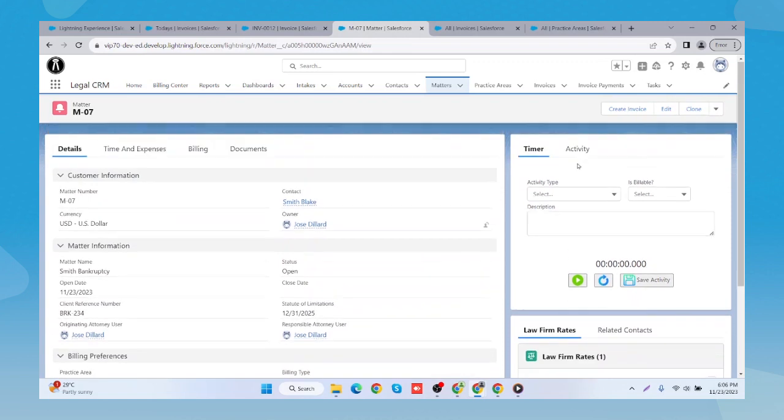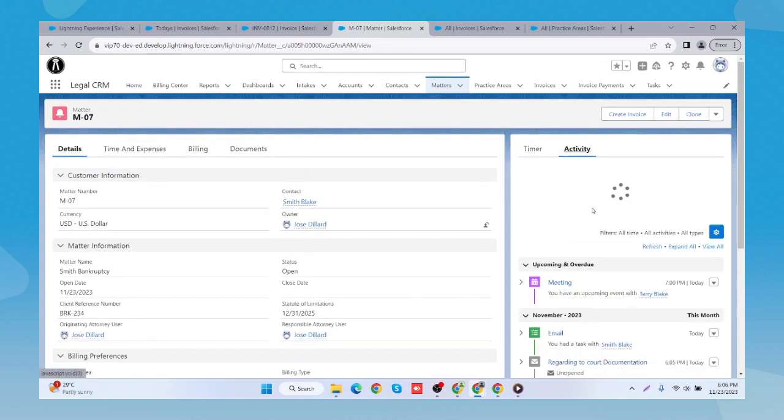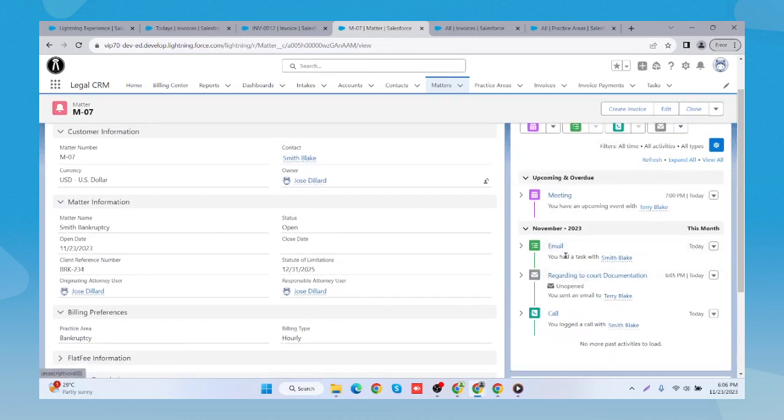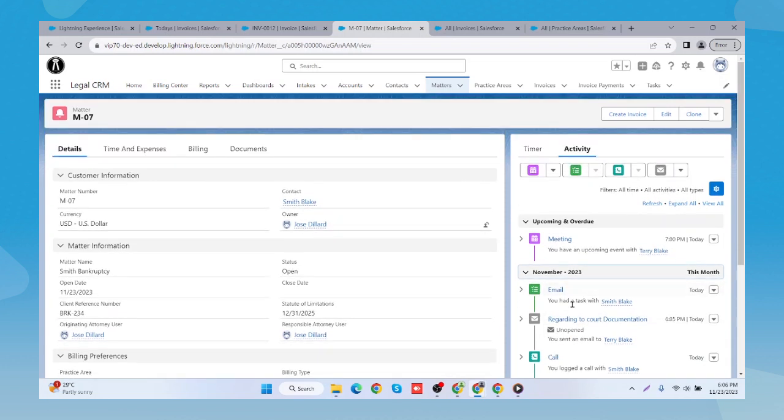In the activity part I can see you had a task with Smith. It means that I have completed that task. I have completed three things, and one is the meeting which is upcoming. So I'm going to click on this, like I have done my meeting. So I'm going to click on edit,